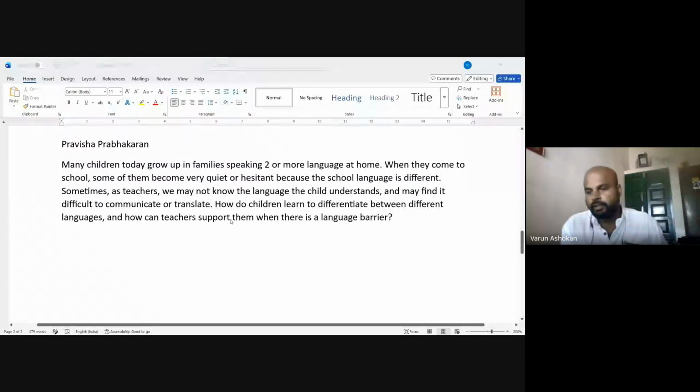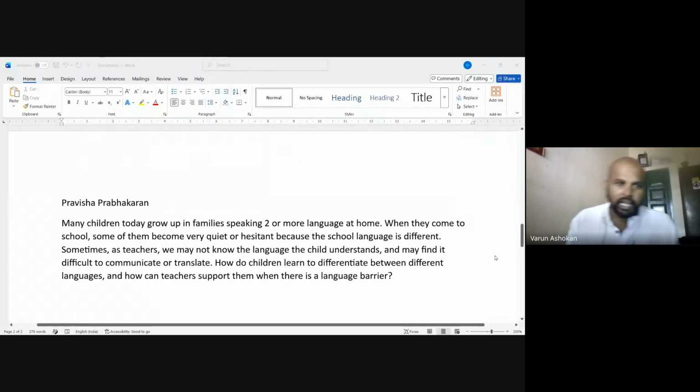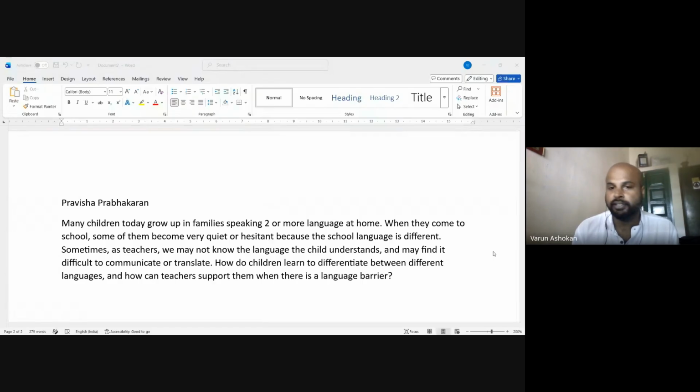Yeah, this is particularly so with indigenous languages. For example, states like Jharkhand, Odisha and West Bengal have more indigenous languages. Sometimes the teacher also doesn't know the language of the child. We are talking about multilingualism also, but this situation becomes difficult, because if you don't know the language of the child, then you don't know the child. So there should be a strong bond between